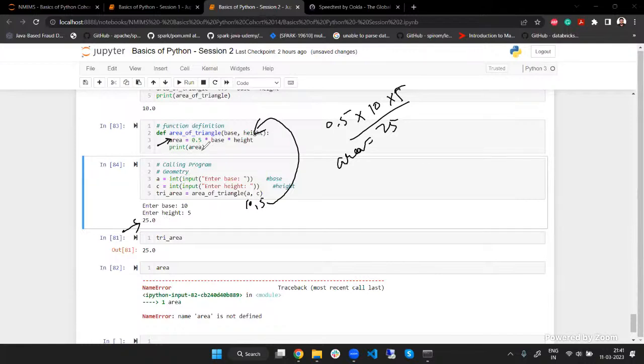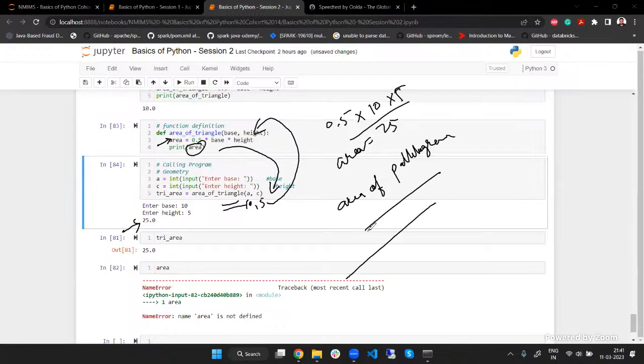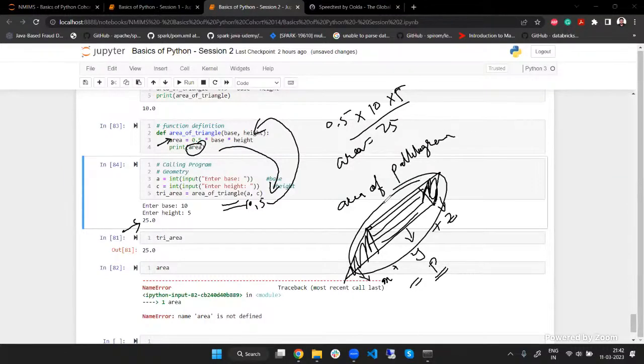लेकिन is it returning this value to this program where it is supposed to be used? लेट्स से ये एरिया ऑफ ट्रायंगल मैं कैलकुलेट कर रहा हूँ एरिया ऑफ पैरेललोग्राम फाइंड आउट करने के लिए। ठीक है, एरिया ऑफ पैरेललोग्राम लेट्स से ऐसे है, राइट। सो ये एक ट्रायंगल हो गया, ये एक ट्रायंगल हो गया, और ये एक रेक्टेंगल हो गया। तो दो बार मैं एरिया ऑफ ट्रायंगल को कॉल करूंगा, एक यहाँ के लिए, एक यहाँ के लिए, और लेट्स से यहाँ पे मैं एरिया ऑफ रेक्टेंगल कैलकुलेट करके इन सबको एडिशन करूंगा, x प्लस y प्लस z को, एंड फाइनली यू विल हैव सम value here,